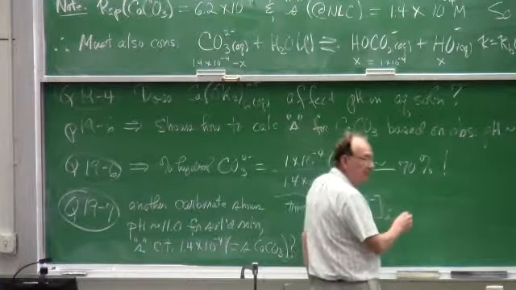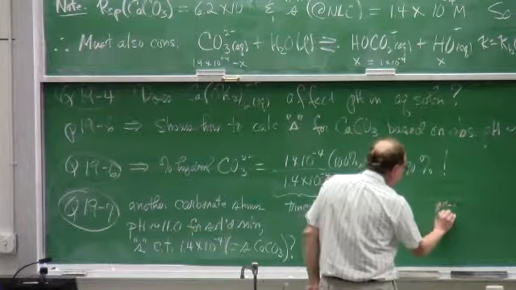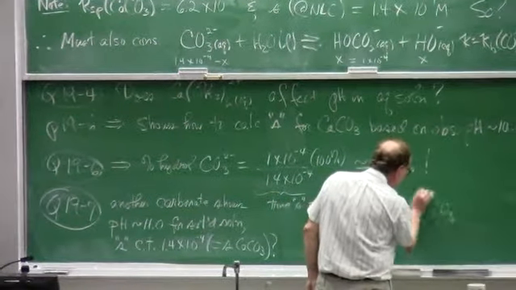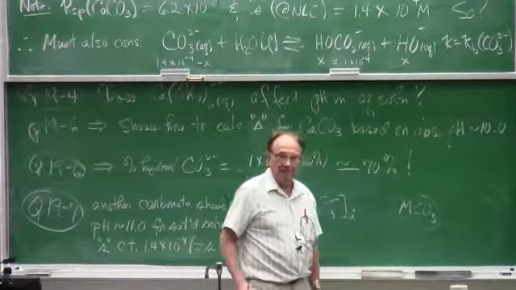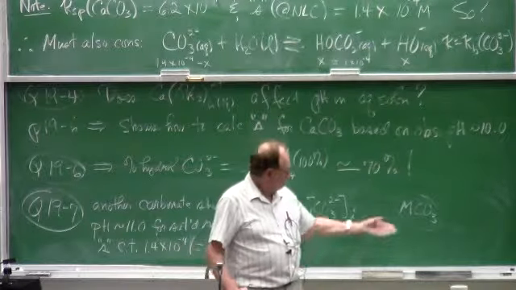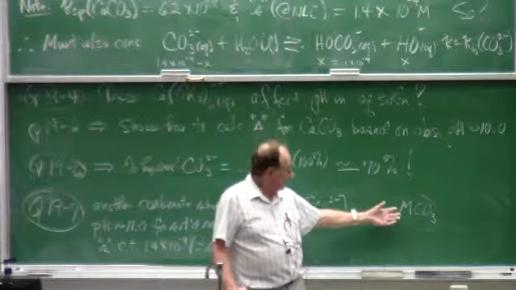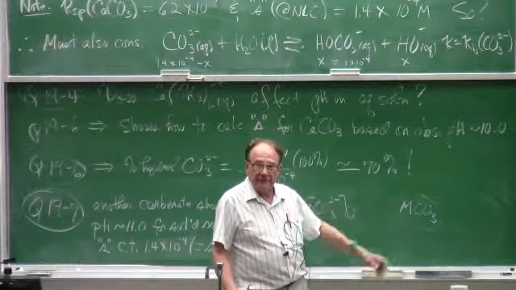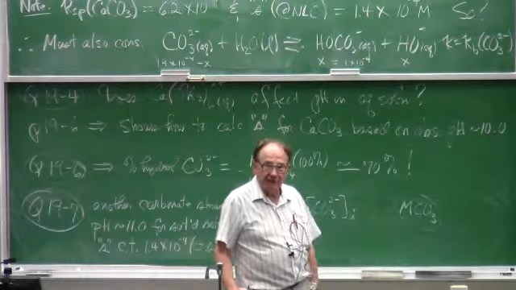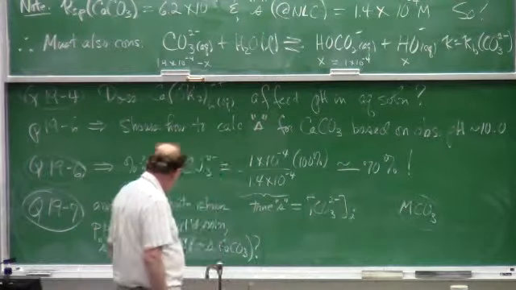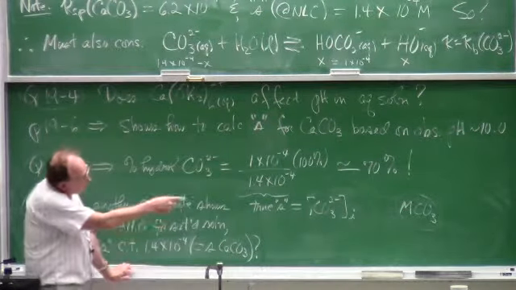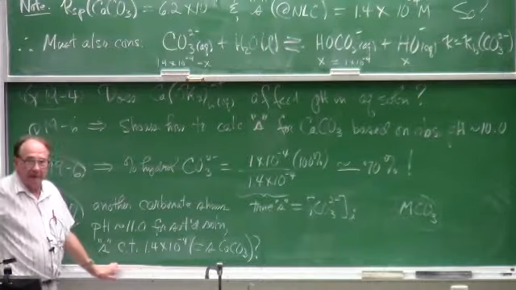But let's imagine it's a +2 metal ion carbonate like calcium carbonate. It may not be. But if it's a +2 metal ion like calcium ion, then the formula would be MCO3, where M represents the +2 metal ion. If I make a saturated solution of M carbonate,